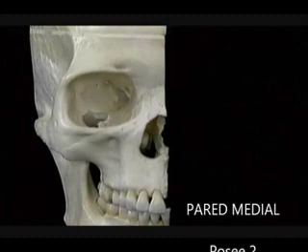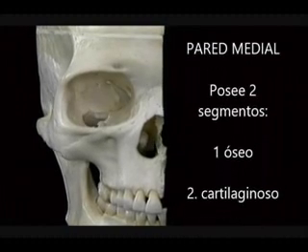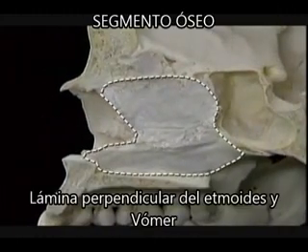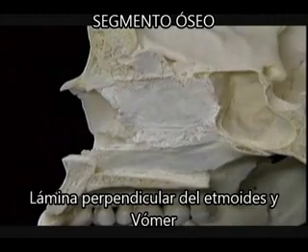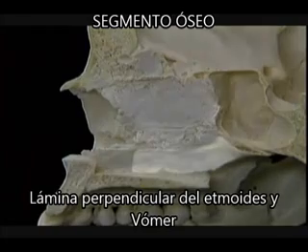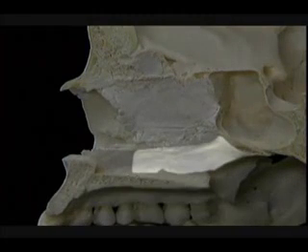To see more of the septum and the nasal cavity, we'll look at it in a skull that's been divided just to the left of the midline. Here's the bony part of the nasal septum. It's formed by this part of the ethmoid bone, the perpendicular plate, and by this small bone that we haven't encountered up till now, the vomer. The lowest part of the septum